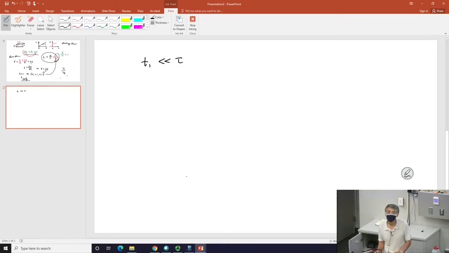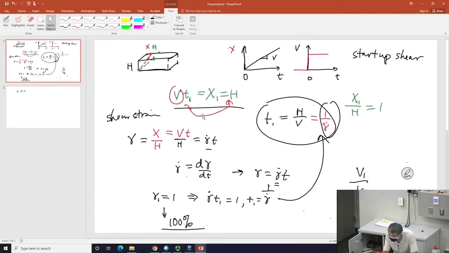What does it mean that T1 is much shorter than tau? It means that within tau, I could have moved my upper plate many H's to the right. Many. Not funny, meaning so many. Easily it can be 100. By the way, why I say this is as old as many